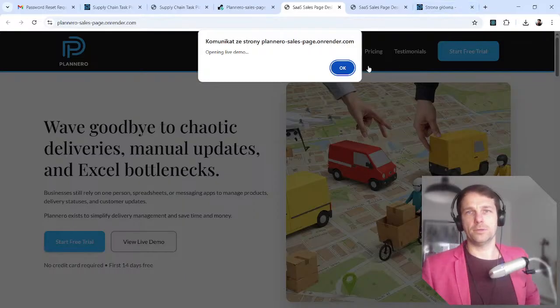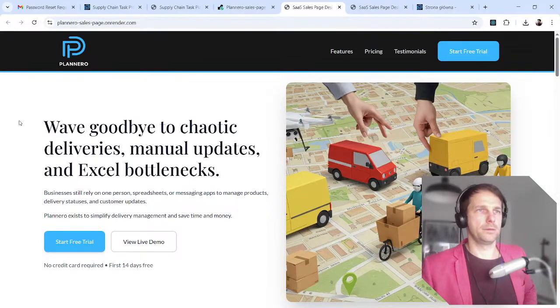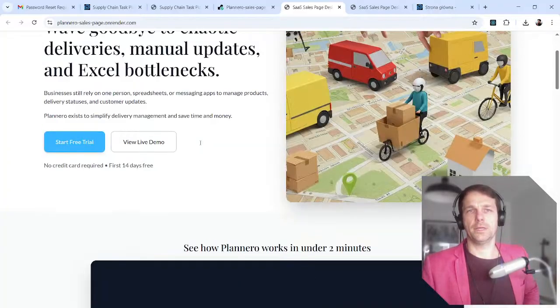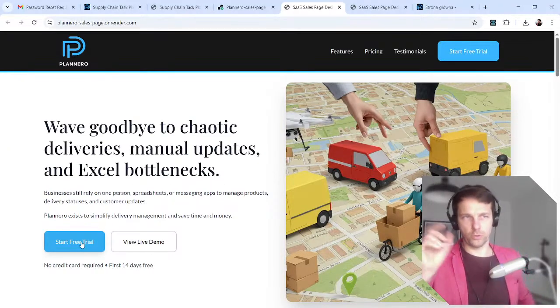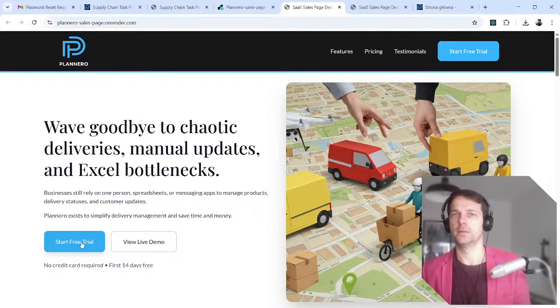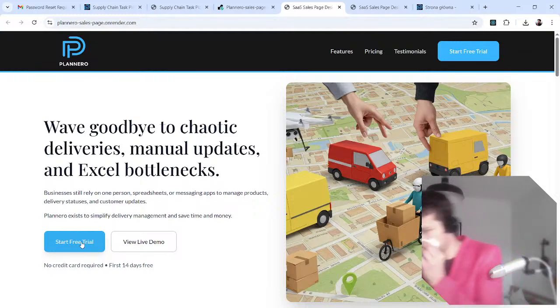And view live demo should show the live demo, which will be here. No, you wouldn't buy. So the next step is to get this hooked to my register page, and then they pay through Stripe.